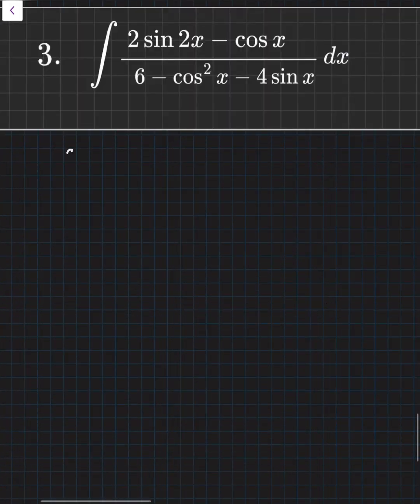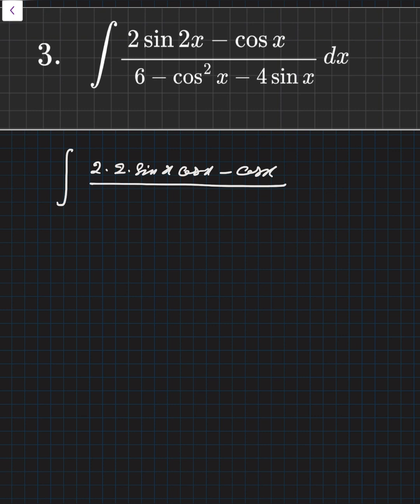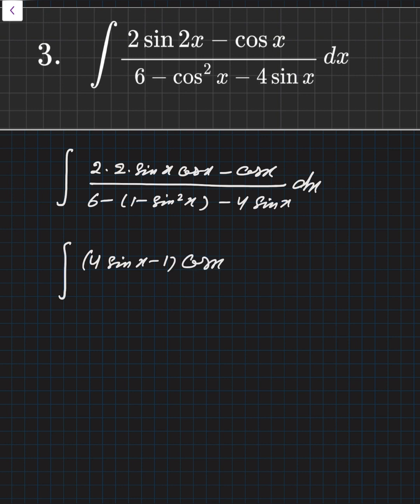Now question number 3, if you see very carefully, that one is written 2 into 2 sin x cos x minus cos x, and that is 4 into cos x dx, and in the denominator, that is plus 5. Okay,